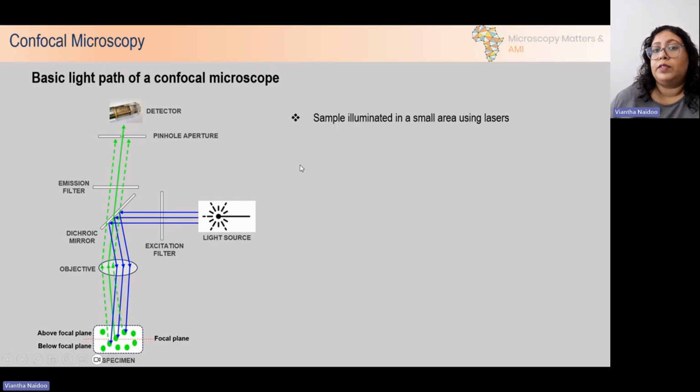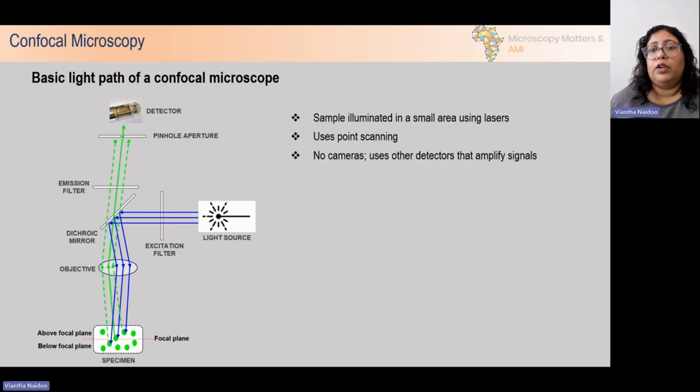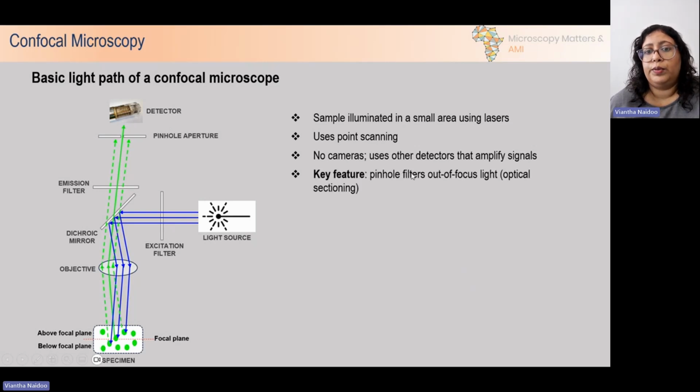So if we have some key takeaways for confocal microscopy, the sample is illuminated in a small area using lasers. The traditional confocal microscope uses point scanning. There are no cameras. It uses other detectors that amplify signals. And in this case, we have a photomultiplier tube. And then the key feature, which I've mentioned, is this pinhole aperture, which filters the out of focus light. And the result is improved contrast and enhanced practical resolution, which means you're able to more easily tell two things